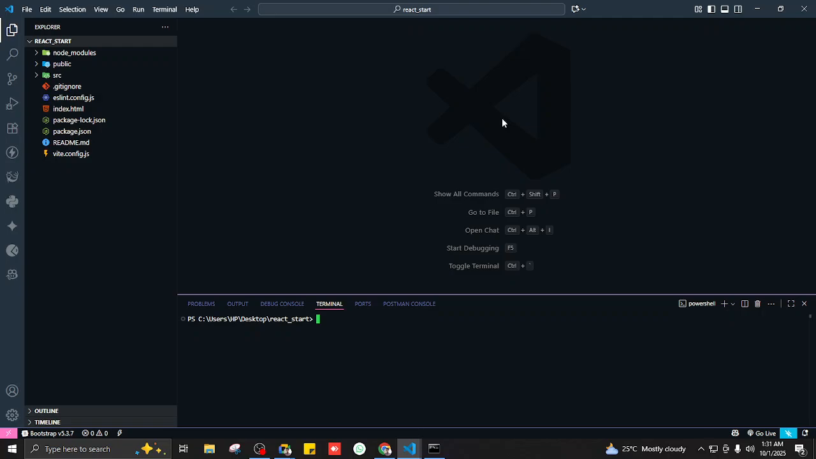So now we need to run a command in order to execute the React project. And what is that? It's npm run dev. This is going to spin up your dev server. This is going to spin up your React server so that you can see the output of the React website. Okay, so let me press enter,